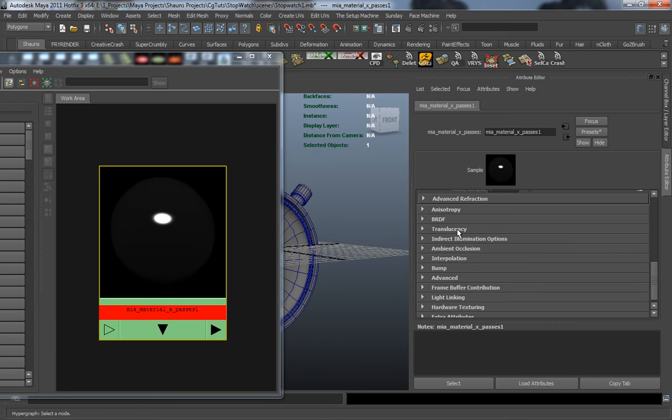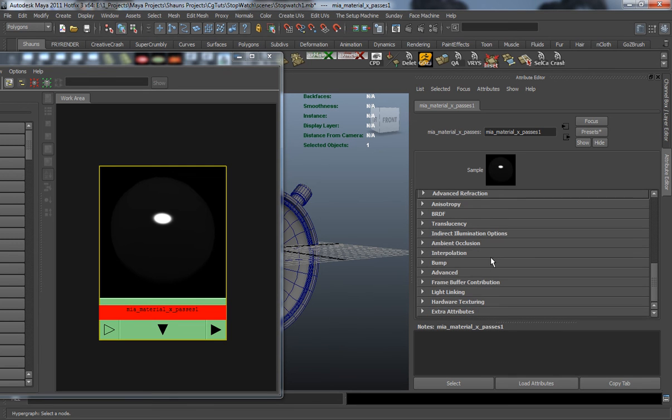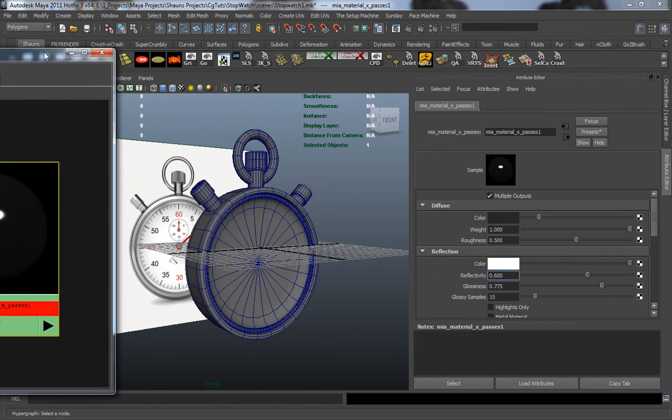Your translucency is geared towards the translucency of the shader. Your ambient occlusion is basically the ambient occlusion that's inside of the shader. Your bump map is geared towards bump maps inside of Maya. So if you're running a low res model with the high res details, you would actually be using a bump map. Okay, so let's just come back up here to the top here, and go ahead and just try and